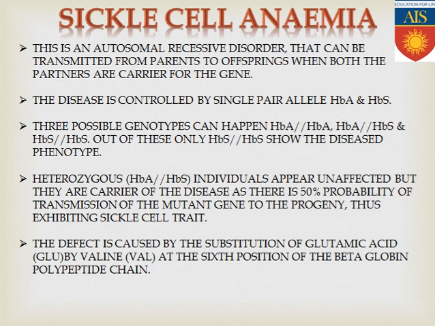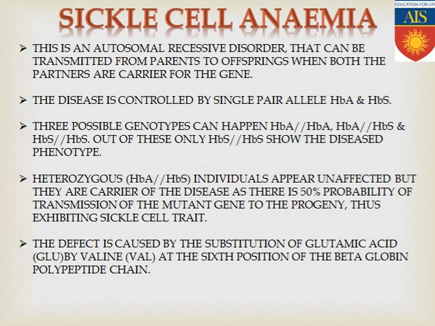So this is the first disorder which is recessive, but it is carried by the autosomal chromosome, that can be transmitted from parent to offsprings when both of the partners are carriers for the gene. Keep it in your mind, sickle cell anemia is not like that it will be found only for the male. When it is carried by the autosome, that means male and female, irrespective of gender, they can be affected by sickle cell anemia. And always keep it in your mind, it will be transmitted from parent to offspring when both of the parents are carriers for this gene. Then only the son will be getting sickle cell containing RBC.